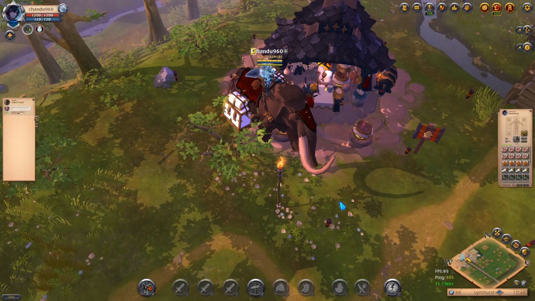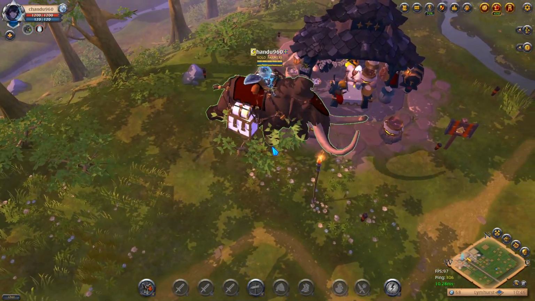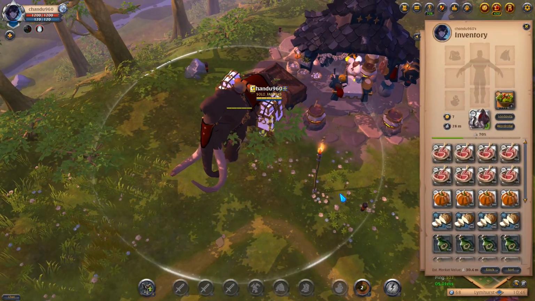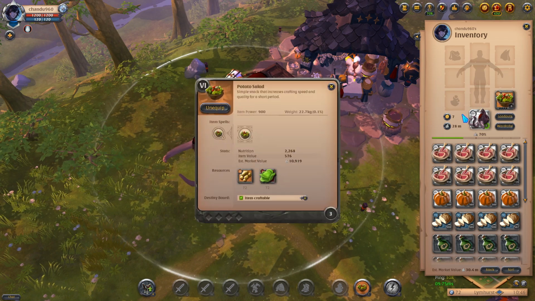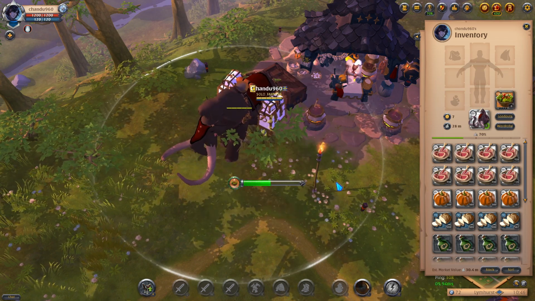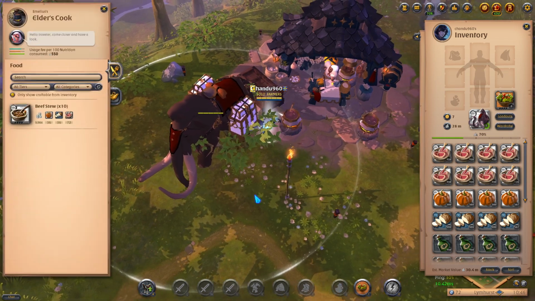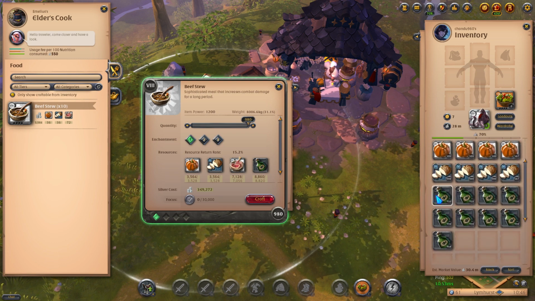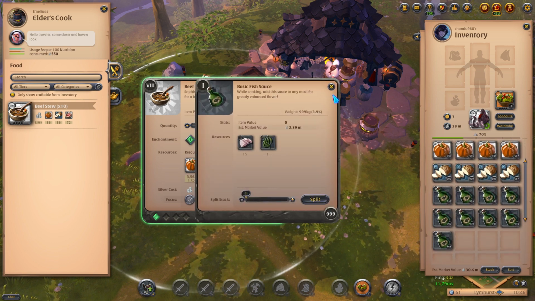Okay, I'm at the cooking station now, and the first thing to do is eat a salad to speed up your cooking process. Now this does not have to be anything expensive. Here we have 3 salads for 10,000 silver, which is practically free if you are an endgame crafter. Now let's start crafting. I'm crafting 0.1 foods, and I have made a lot of